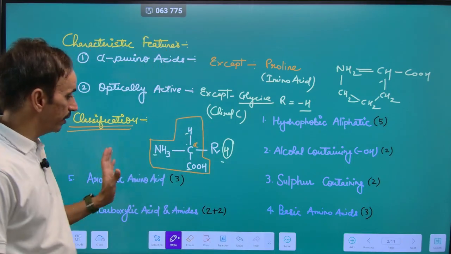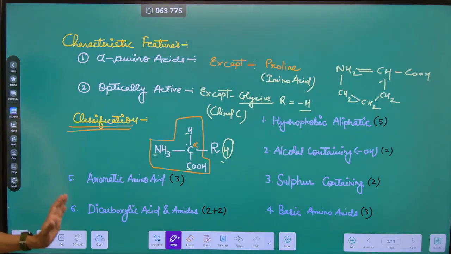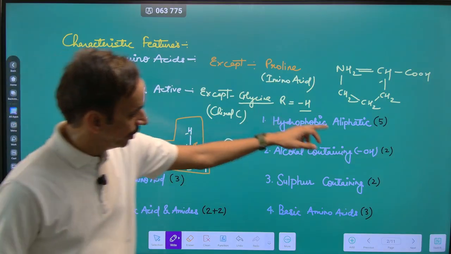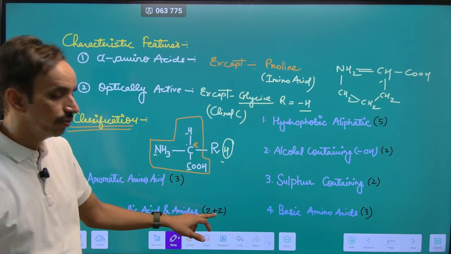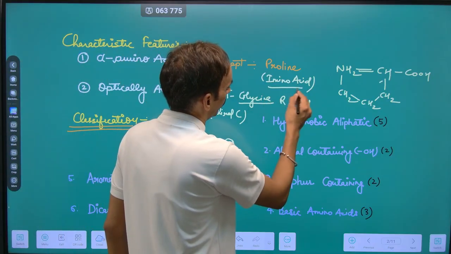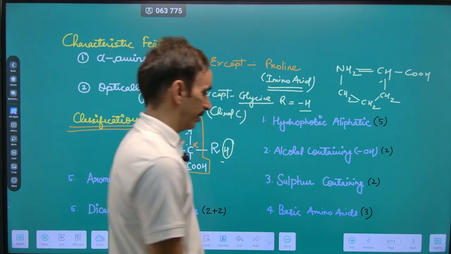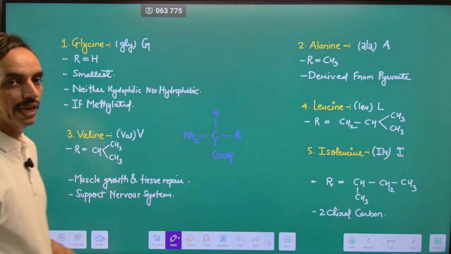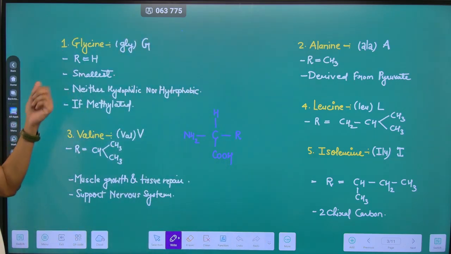So there are 20 standard amino acids which are divided into these 6 groups. Except this, these are 19 standard amino acids, and we also have one that is known as the alpha amino acids. Next, we will discuss one by one. First, we are taking the hydrophobic aliphatic group that includes the